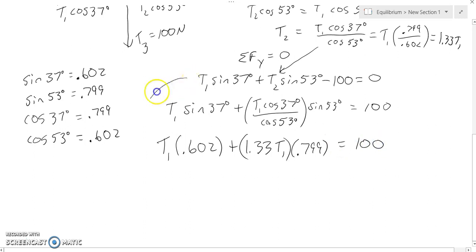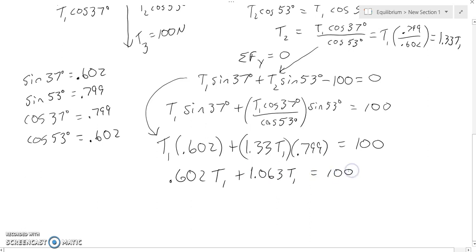And that equals 100. So really I'm kind of following that equation down. Okay, so I've got 0.602 T1 plus 1.33 times 0.799, 1.063